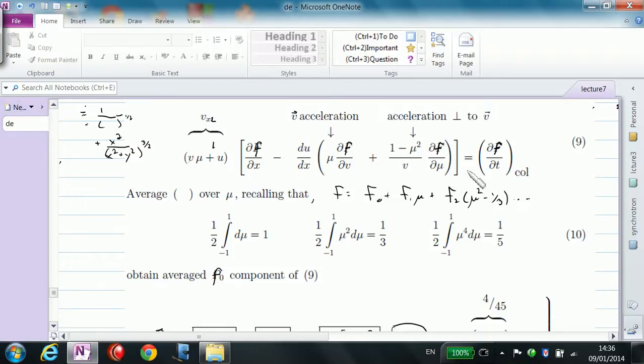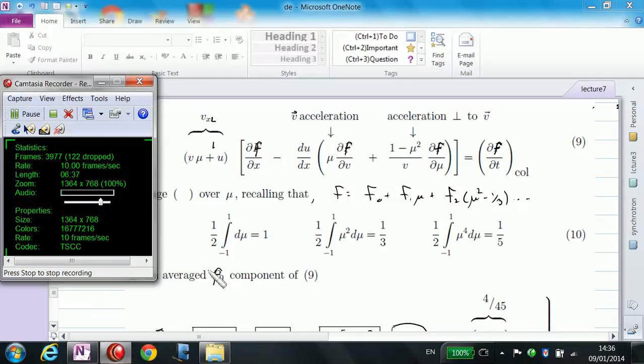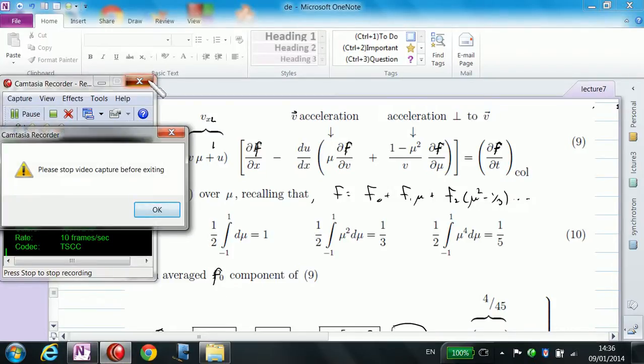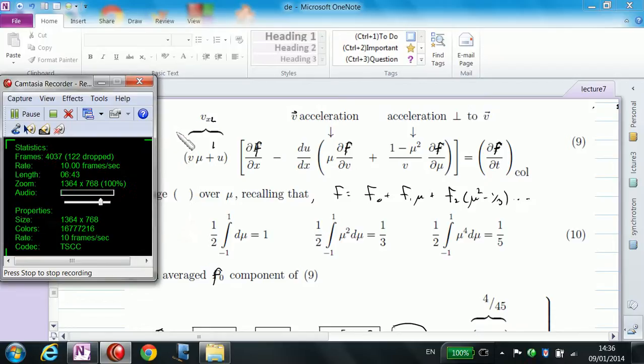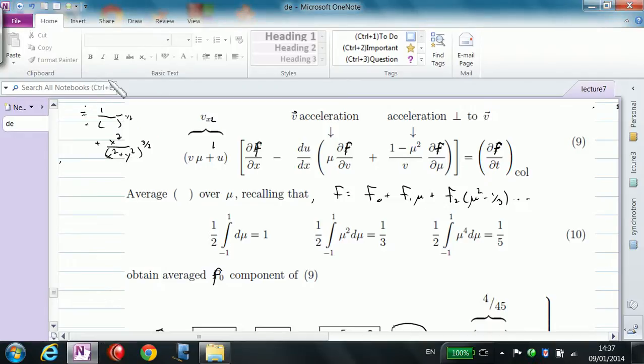So when we put f1 mu, f2, etc. into here, there's a term here that generates anisotropy, and it's v mu times